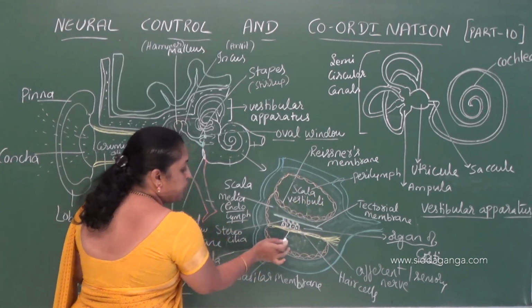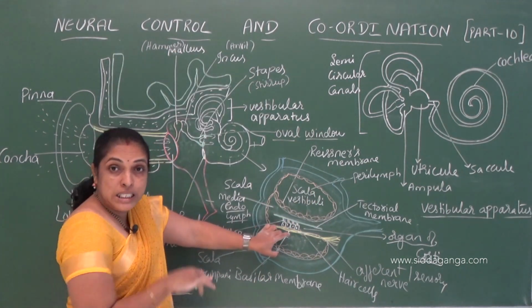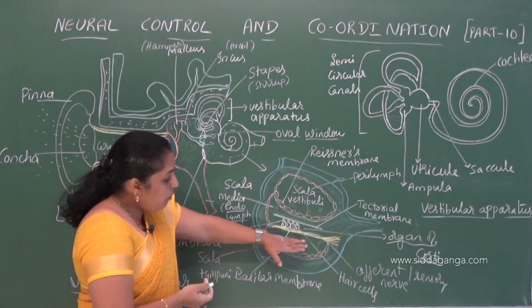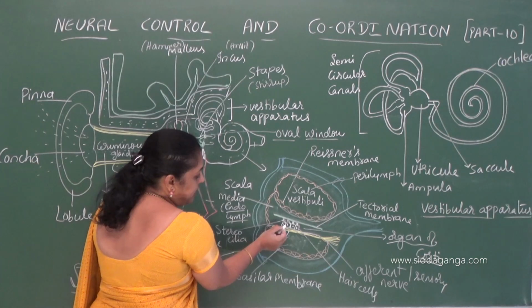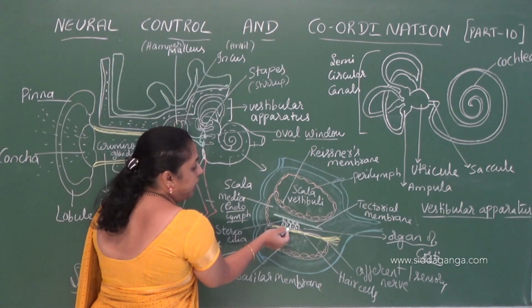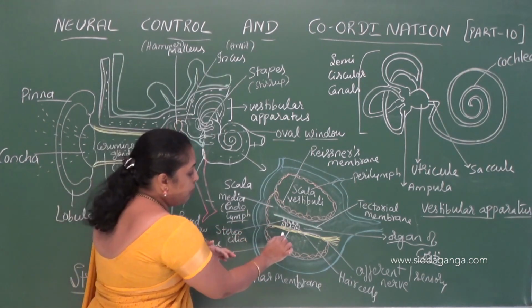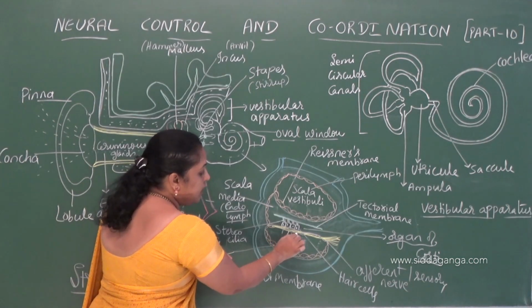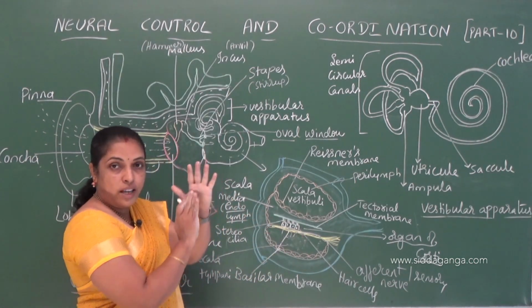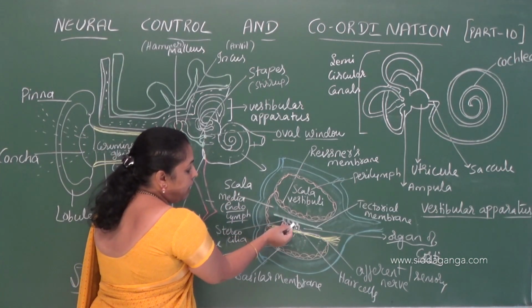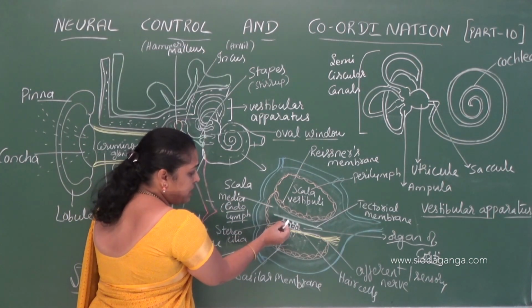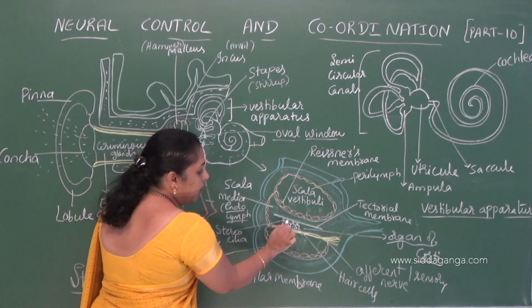They produce waves in the fluid present in the inner ear. When waves are produced inside the fluid, that ripples the hair cells, basilar membrane. Ripple means waves strike the basilar membrane. When waves strike the basilar membrane, the hair cells which have stereocilia on their apical part will touch